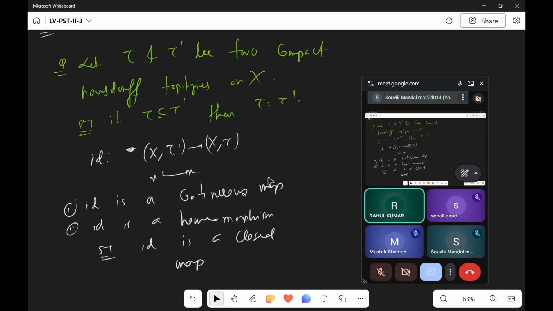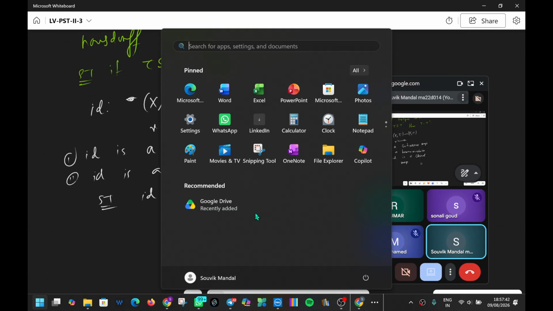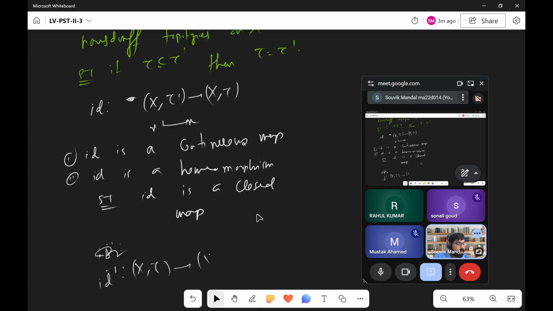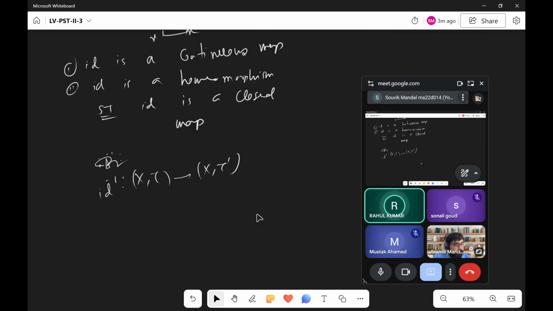Sir, yeah, please tell me. So I do the identity inverse, which goes to tau prime. So we take an open subset U in tau, and U in tau is a subset of tau prime. So the identity inverse is a map from (X, tau) to (X, tau prime). Correct? Now tell me. Yes. We take an open subset U of tau,